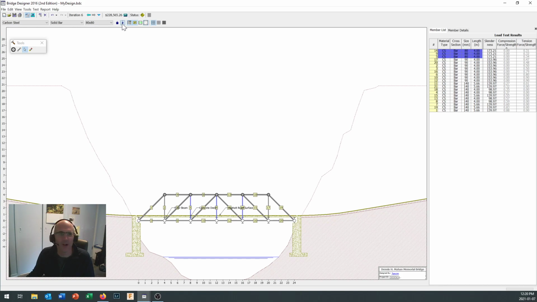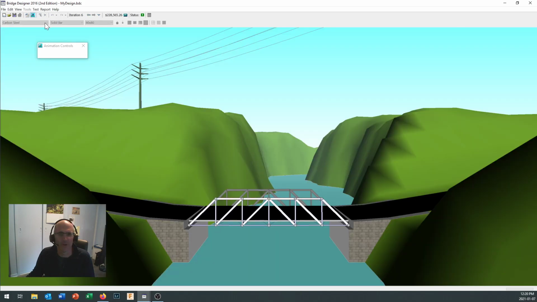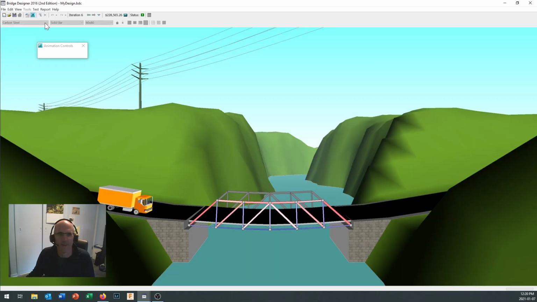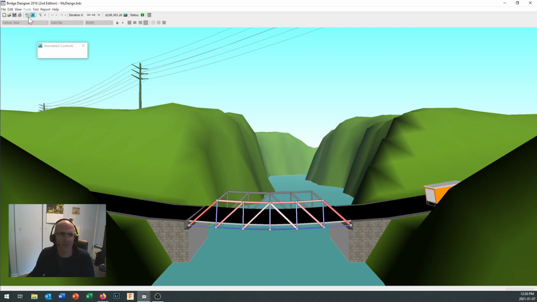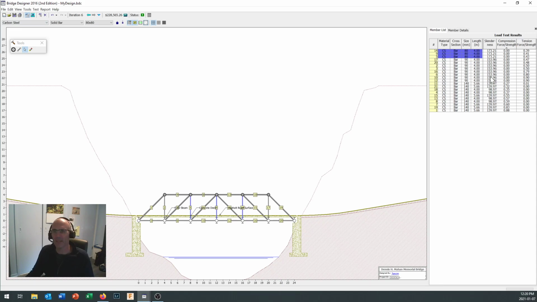So I'll drop that down and let's just run one more test. So there we go. I've knocked about 50 grand off the price from where we started. Now let's come back in here and let's take a look at the compressive members, because tensile members are fairly